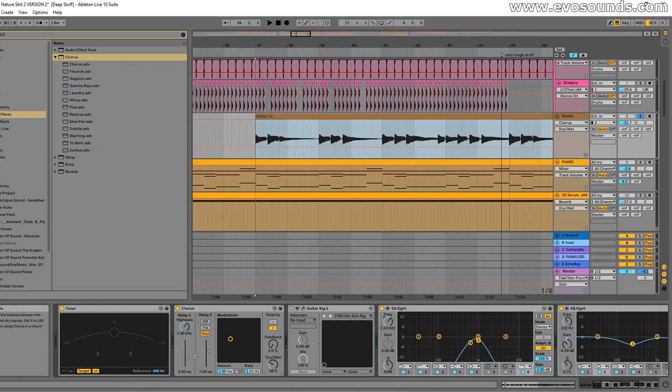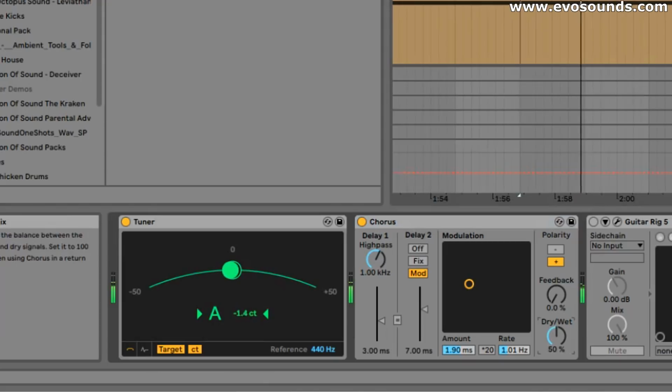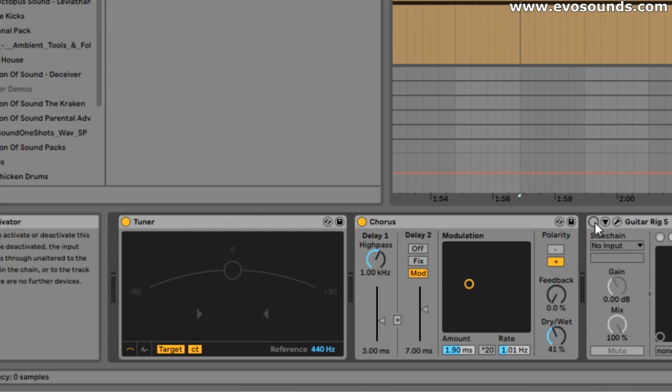Now, if you add chorus to this, you're going to get more of that rock from the 80s, I want to say. Very nice kind of mellow vibe to it. Now, if we turn on the guitar,